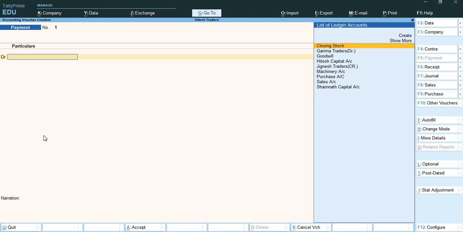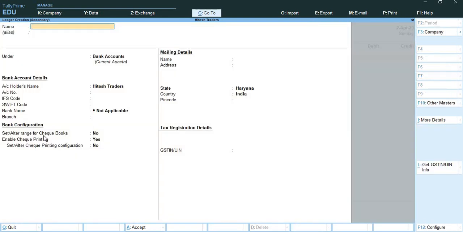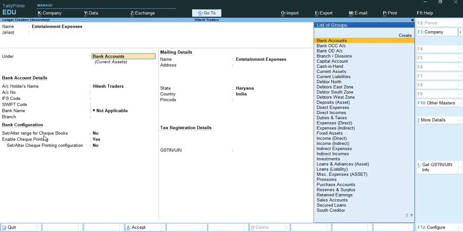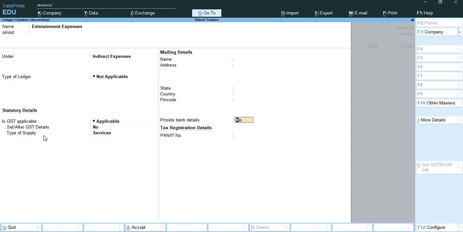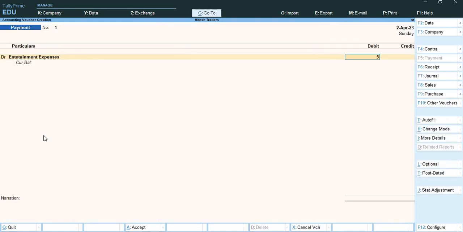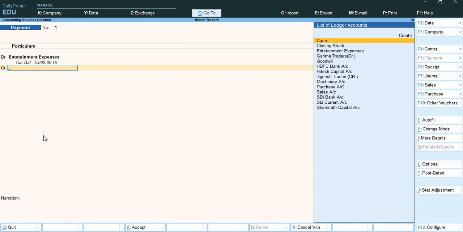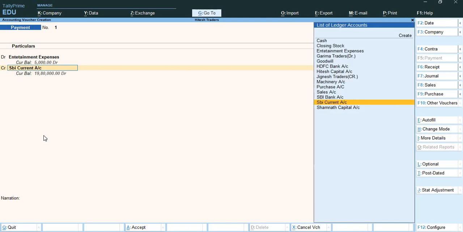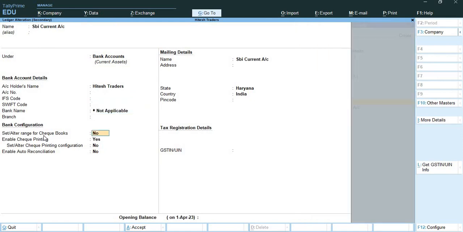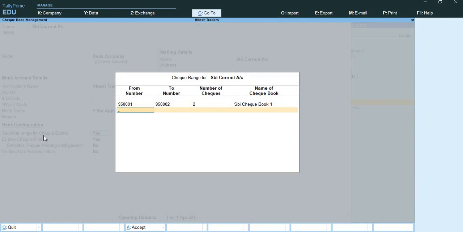SBI current account. So what I'll do, I'll create a ledger over here of entertainment expenses under indirect expense. Alright, and amount is 5,000. Credit I'll do SBI current account because I'm making the payment through SBI current account. So here they have given me a different check number, so I need to alter my SBI current account. So here I'll open the check range and create a different check range